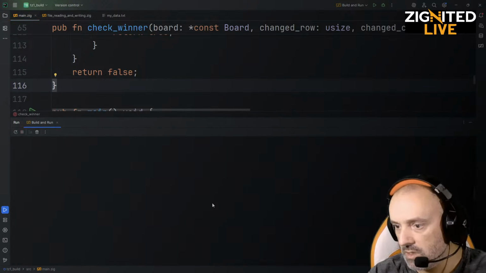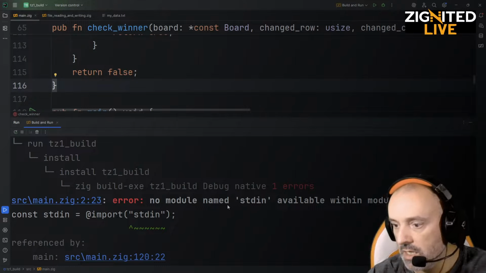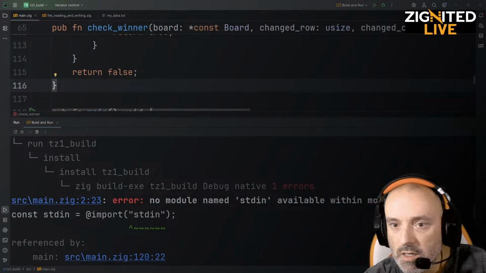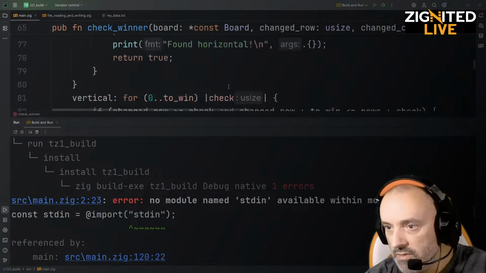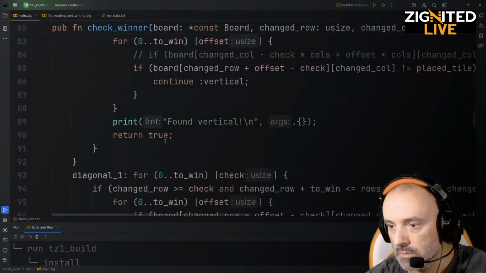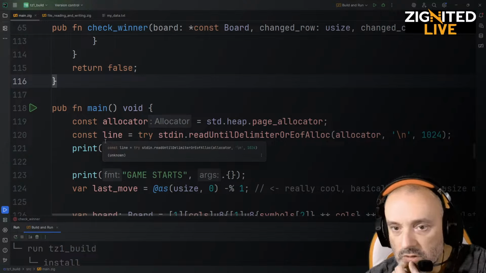I have some error, let's see. Module name std unavailable. Let me see if you wrote something. I skipped some message. Robert says, let me see what I skipped. Program input is just a file skipper, so like in a file, just try to do something like const line equals try. Okay, let me see what I have instead. Yeah, okay, I got this already. Don't forget to defer the free of the end line. So maybe that's the